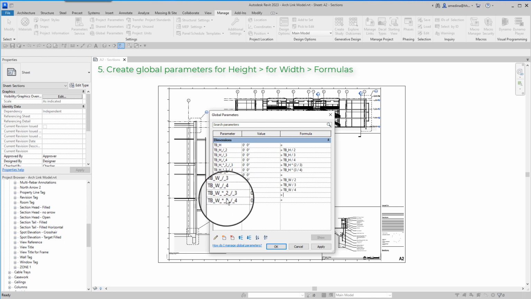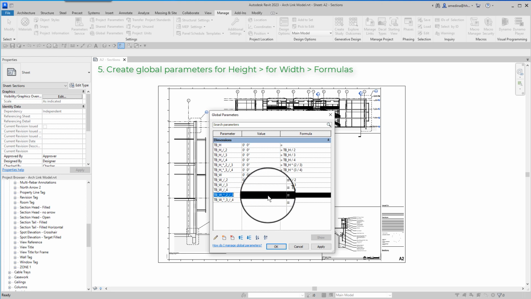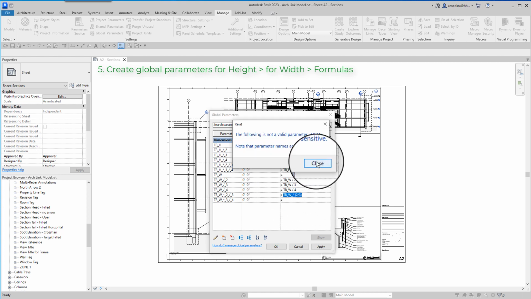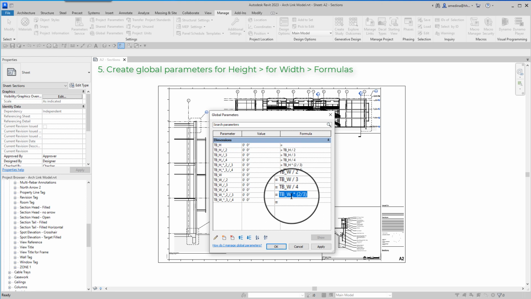This one is basically all of this, but without the underscores, and like this, 2 divided by 3, like this, and the last parameter is, oh, here I made a mistake.